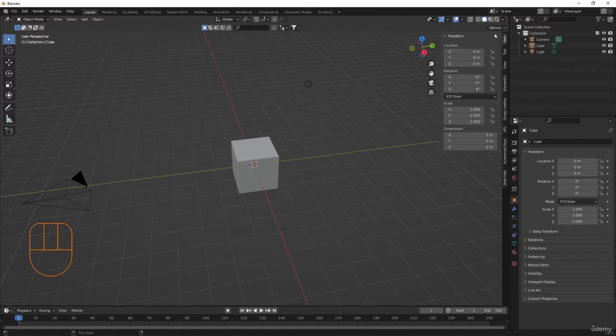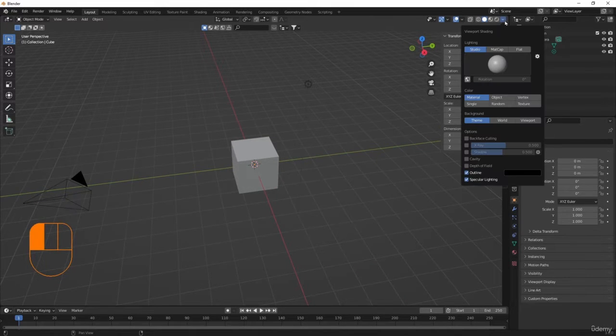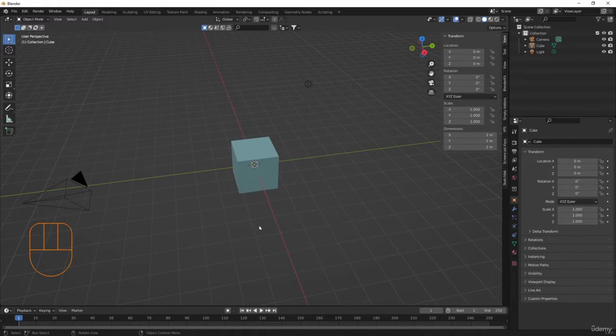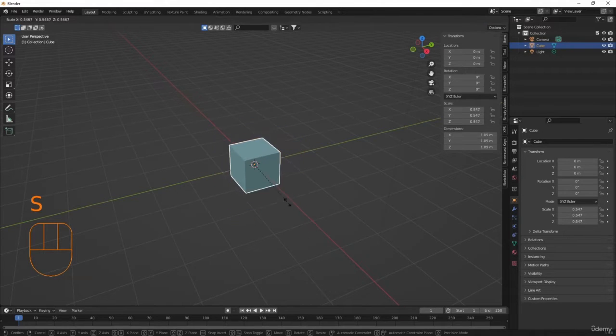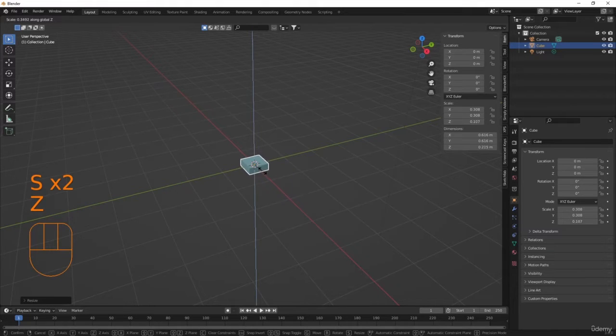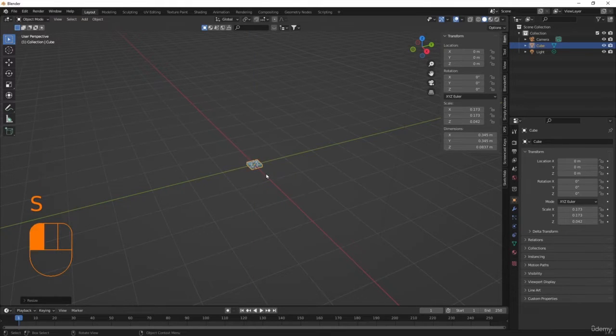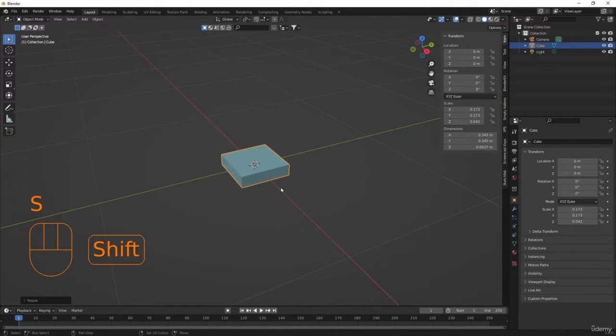All right, so let's get started making empties here. So I'm going to set this at random, and we already have our default cube. So let's just go ahead and make this our first constraint. So here's our cube. I'm going to scale it down, and then I'm going to scale it along the Z. I'm going to scale it down a little bit more, and then I'm going to copy it